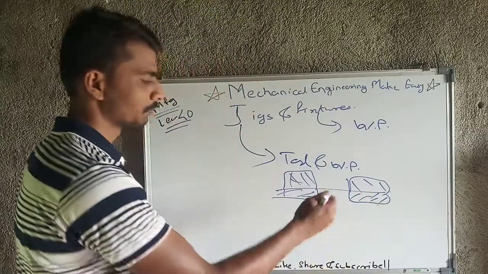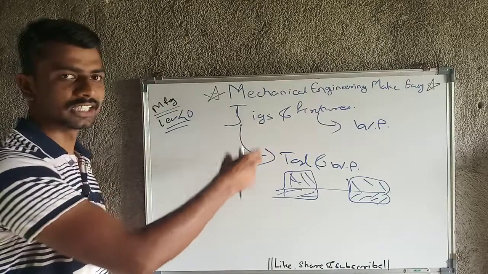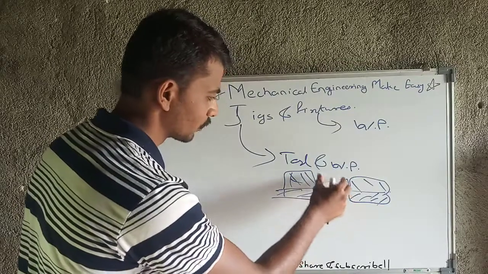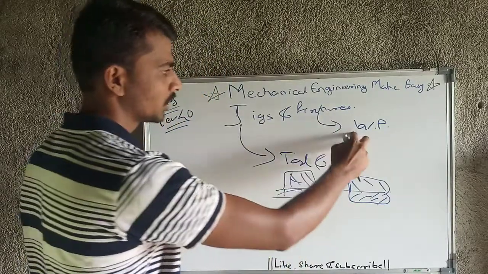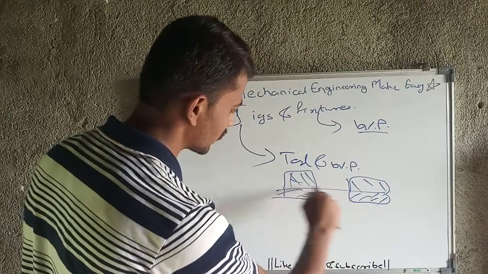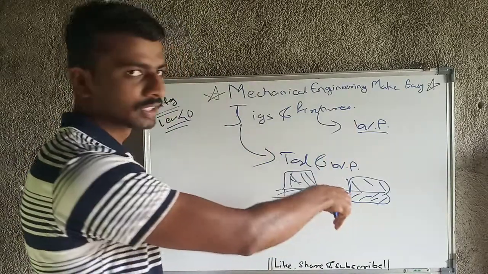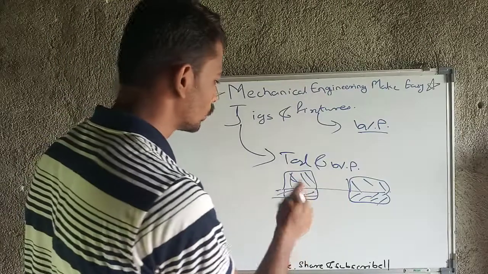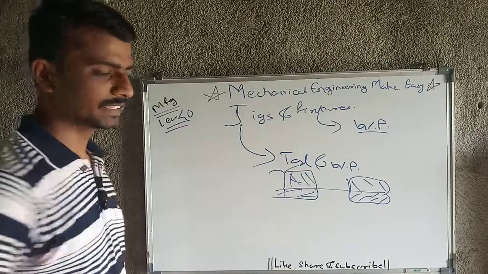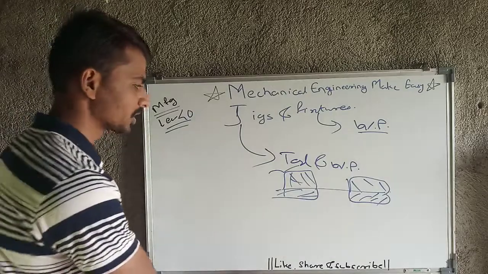What I have given you as an example: if this is the sheet and we have to punch, what is the basic difference between jigs and fixtures? The jig is going to guide the workpiece and also the tool. So the jig will guide the tool and workpiece, and the fixture is only going to guide and fix the workpiece. The fixture is at the bottom, so that is only guiding and fixing the workpiece, not guiding our tool. This is a very basic example of jigs and fixtures. I have given you a very basic example, only for conceptual clarification.